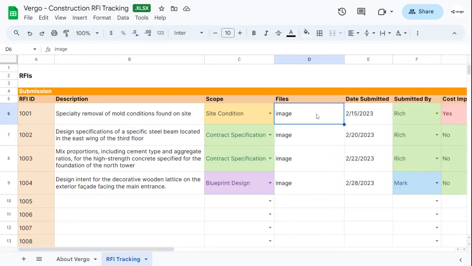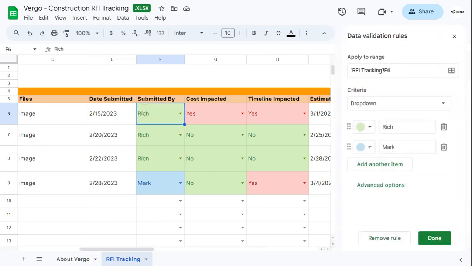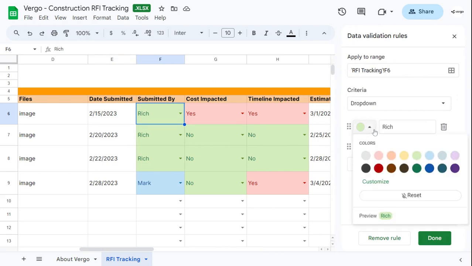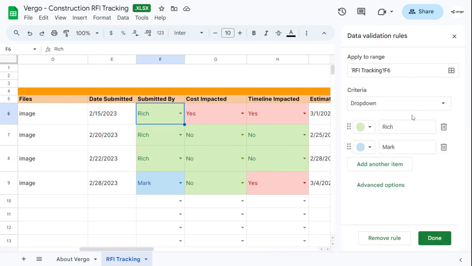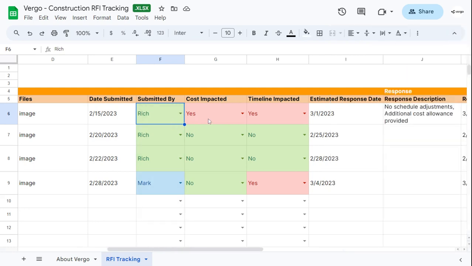Here you can add any images of the description or to match the description of the RFI you're submitting. You would add the date submitted here and who submitted the RFI. You can also modify this by clicking the edit button and change the names, add, remove, or even change the colors. Once that is completed, please make sure to always check on done and X out next to data